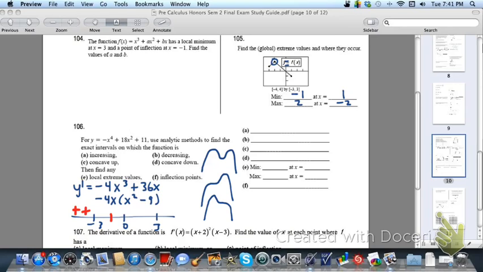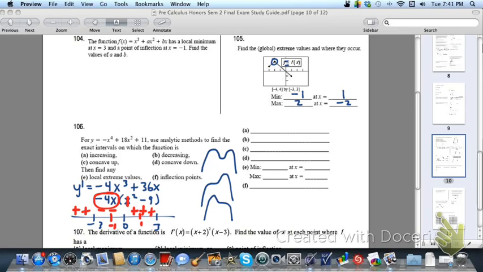Well, let's pick a test value of negative 1. That's going to make this first factor here, negative 4 times negative 1, positive. Negative 1 squared minus 9 is negative. Okay, so we've got negative in between negative 3 and 0. Then when we pick a test value of 1, we get negative 4 times 1 is negative, times 1 squared minus 9, that's also negative. And so